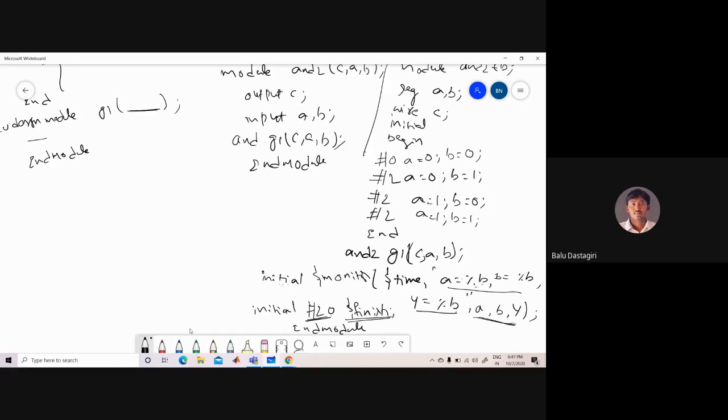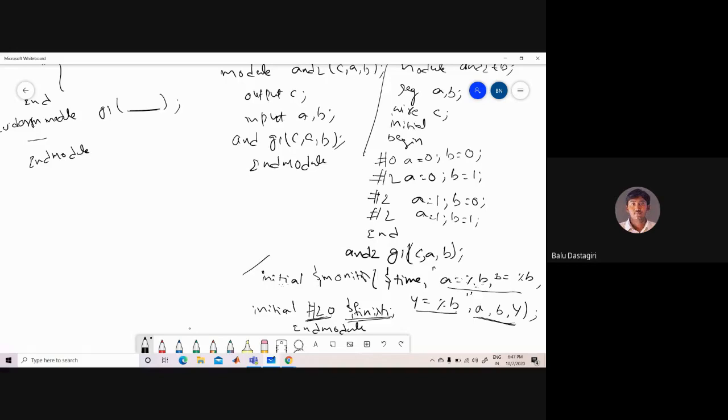Now what happens when you come to the execution of this program? First, module TB, then the cursor comes here to register A, B, so the compiler understands that A and B are the input values and C is the output value. Next it will come here, initial, begin.